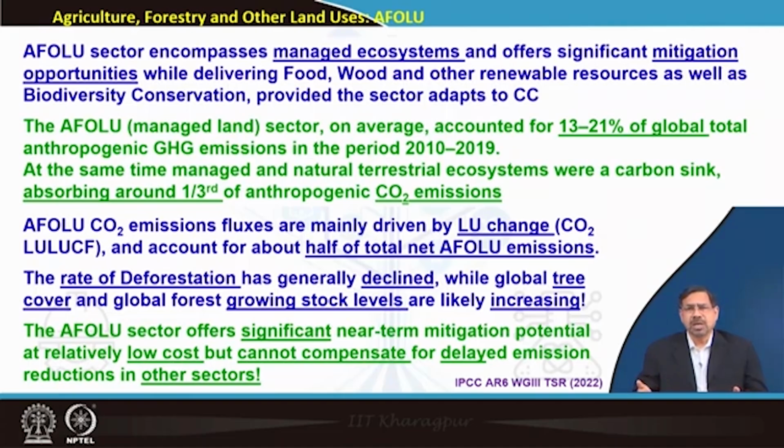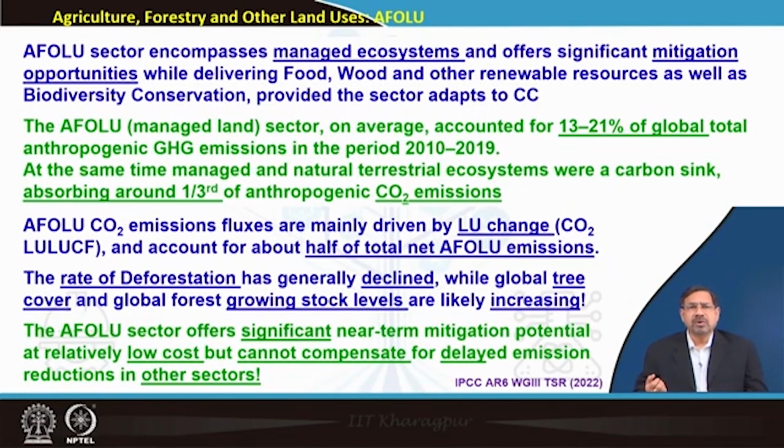So, it is good news, because if deforestation is decreasing and the global growing stock level is increasing, that means we are sequestering more carbon dioxide; the vegetation is withdrawing more atmospheric carbon